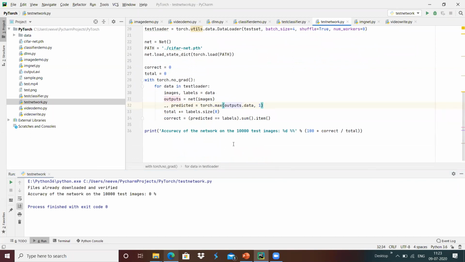There is a test accuracy of the network on the 10,000 test images of 0.